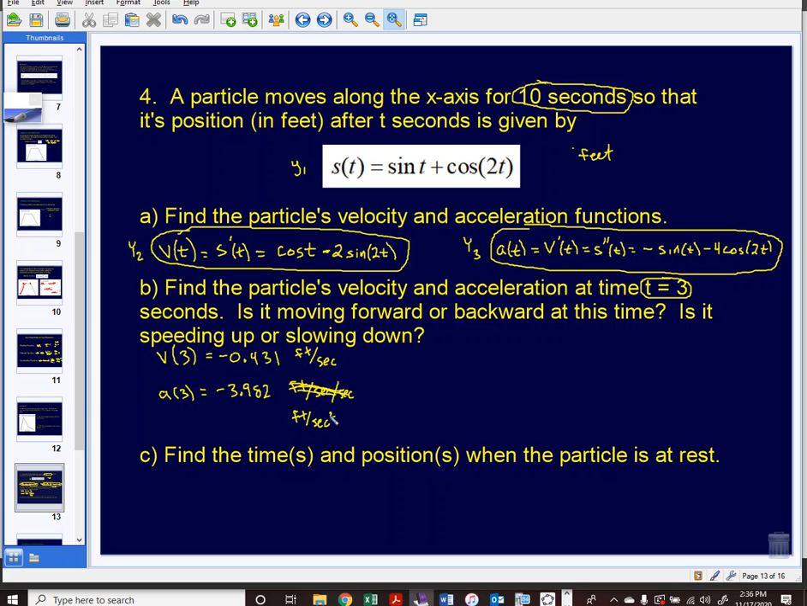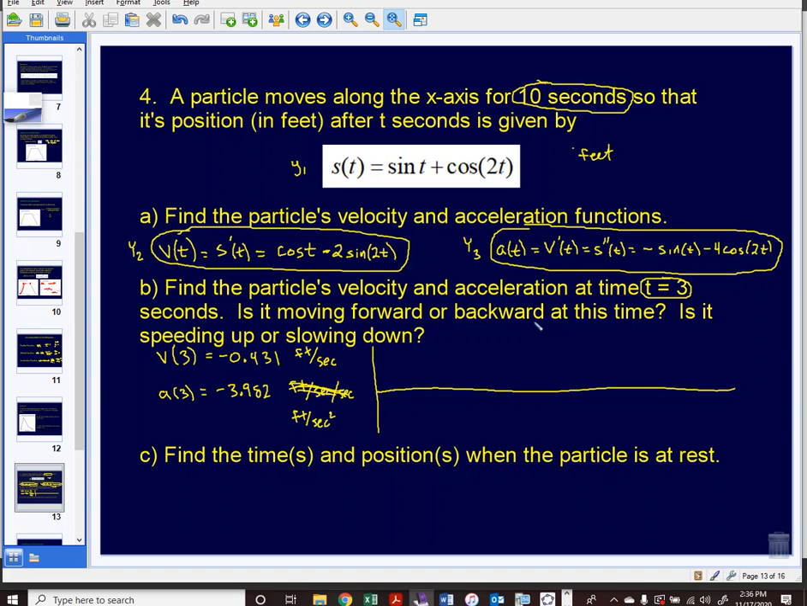Distance per time squared, so feet per second squared. Now let's analyze those other two parts. Is the particle moving forward or backward at this time? Well, we can